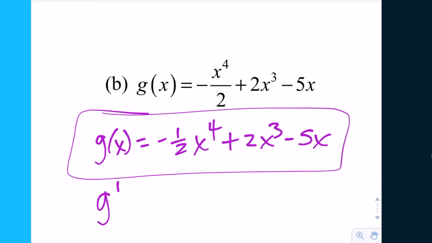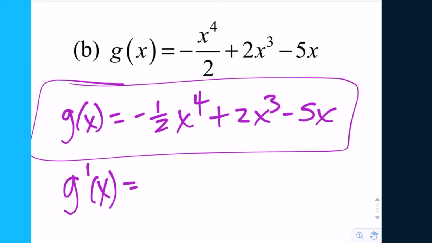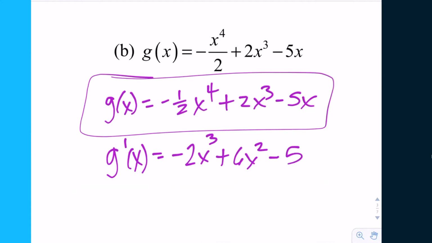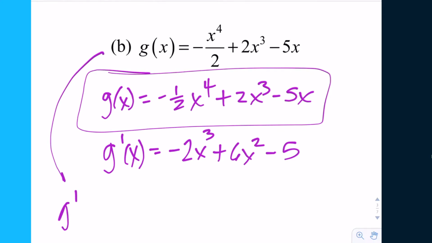So the left side becomes G prime. And what does the first term now become? Negative 2x to the 3rd. Next term? Yeah. And we're done. Now, just so that you appreciate the power rule and take nothing for granted, here is another